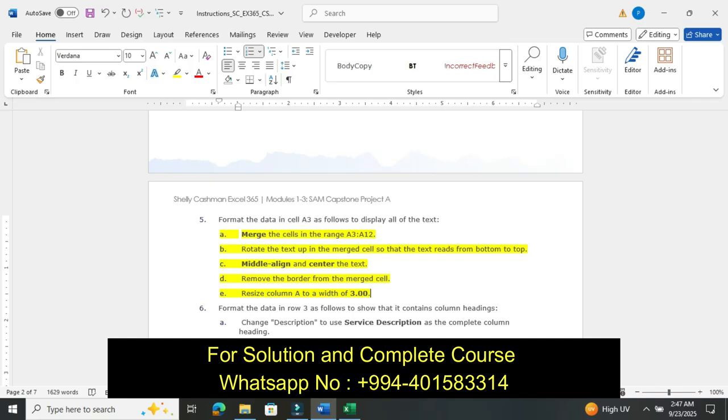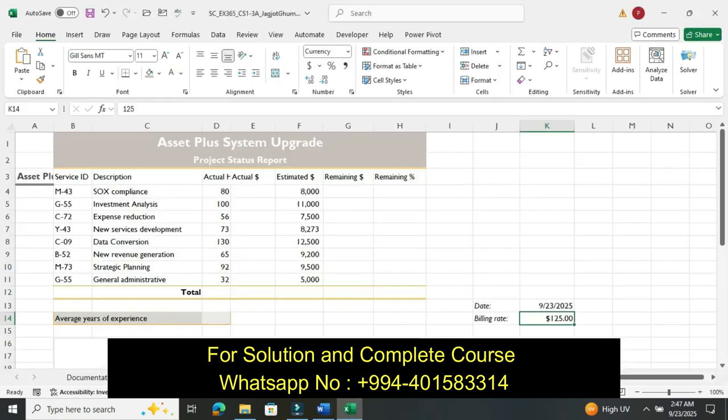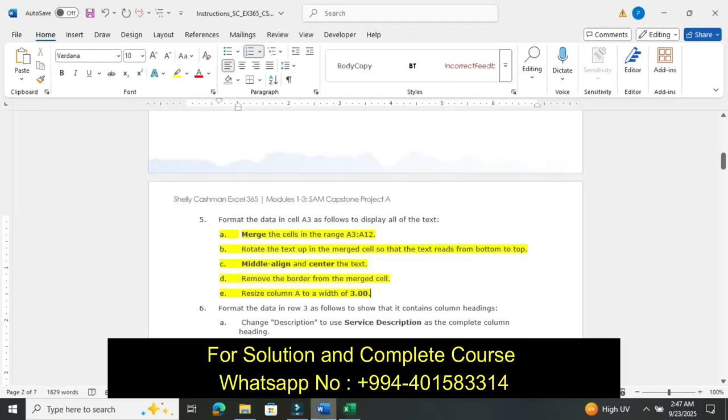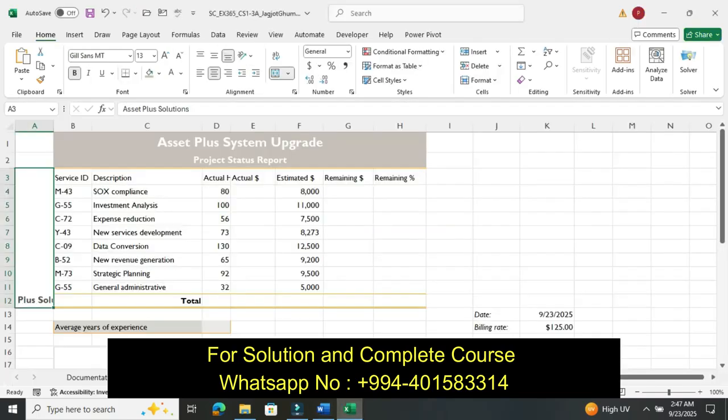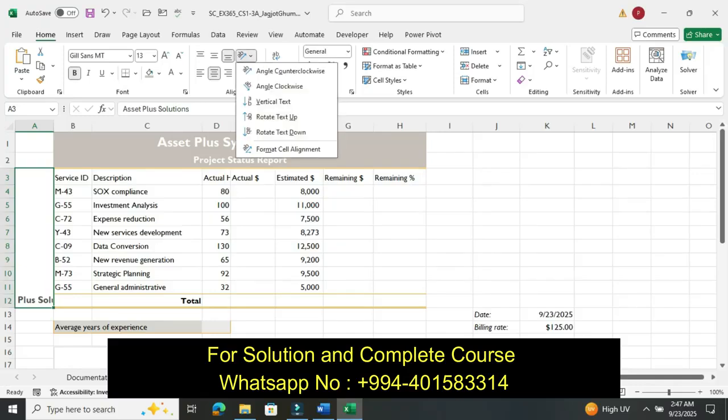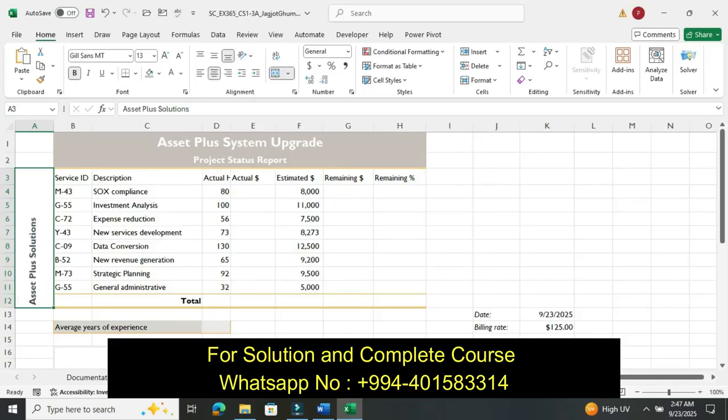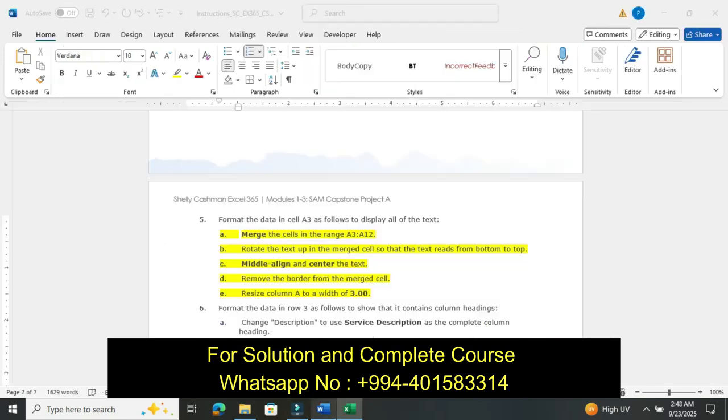Merge the cells in the range A3 to A12. Select the range A3 to A12 and merge the cells. Rotate the text up so the merged cell text reads from bottom to top.